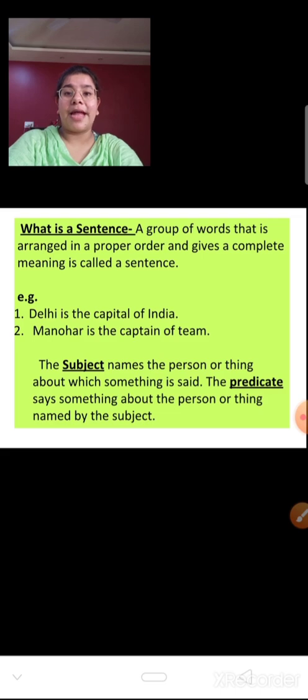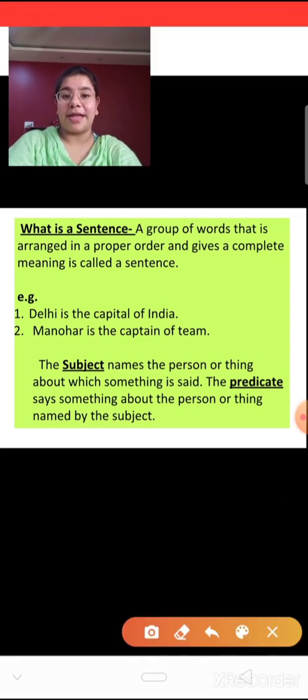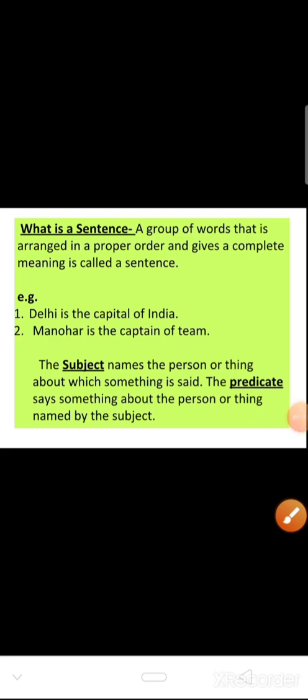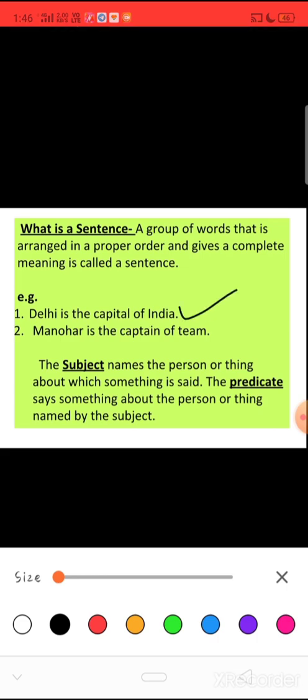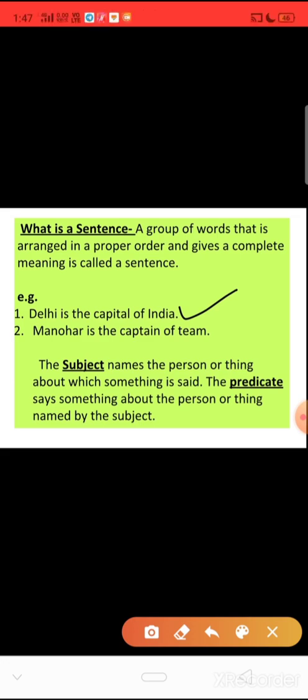Always remember that a sentence is made up of different parts. You must have read about nouns, adjectives, verbs, but today we are going to know one thing more about sentences. So let us begin with that. Here, as you can see, the sentence given is Delhi is the capital of India. Now, the sentence is made up of the subject and the predicate. So, what is subject and what is predicate? Let us see that with the help of examples.